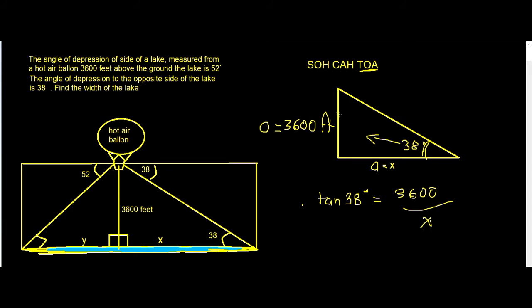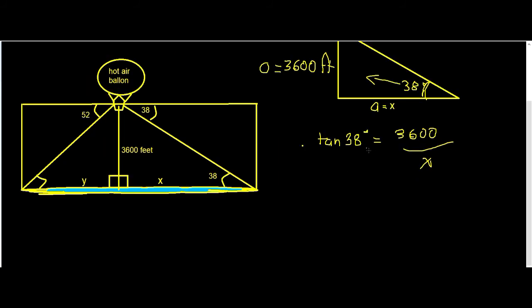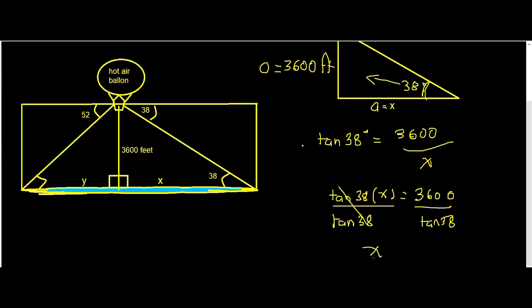Next, how will you solve this one? We have now cross multiply. You have tangent 38 degrees times x equal now to 3,600. Since x is what we are looking for, the adjacent, we have to divide both sides by tangent 38 degrees, so that it cancels. Then your x now is equal to